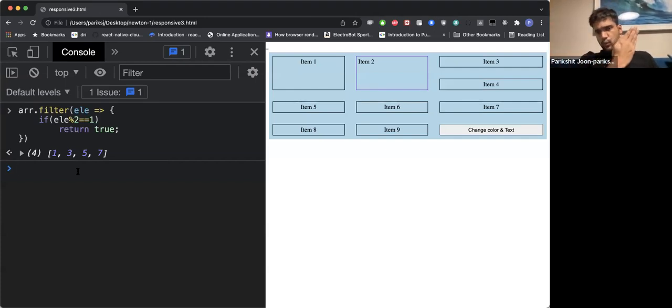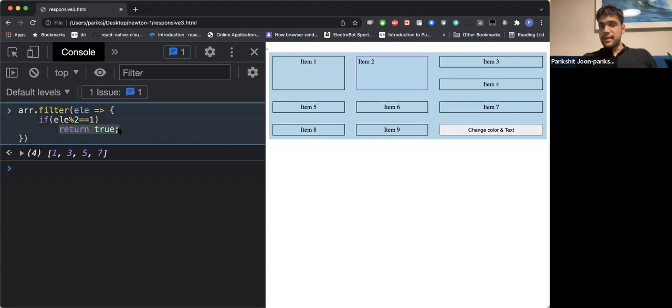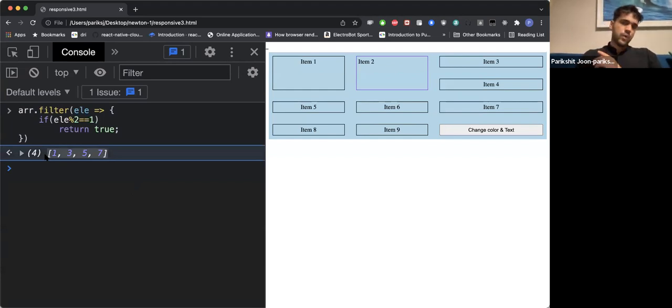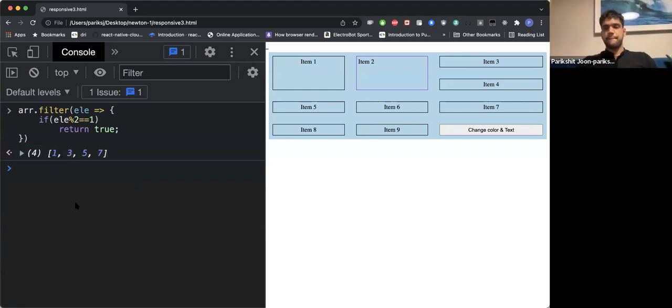It will run through the whole array, ठीक है। It will run through the full array, but जब वो हर एक element पे run कर रहा था, जिस भी element के लिए आप true return करेंगे, ठीक है, for whichever element you return true, that element will become a part of the new array it returns। जिस पे नहीं करोगे वो नहीं होगा। किसको समझ आया? शिवम को आ गया? बहुत बढ़िया।